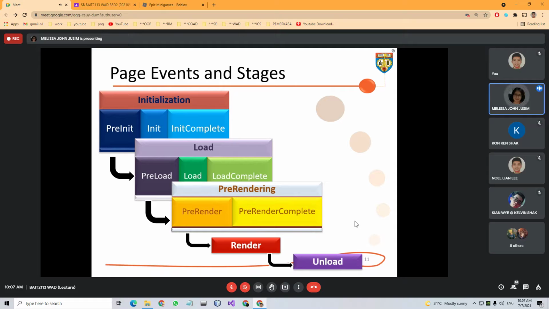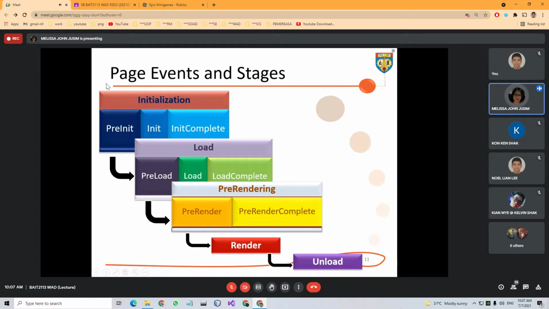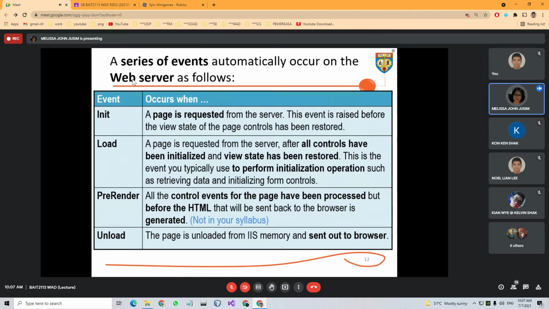Next. This is the series of events that automatically occur on the web server itself. During these page events, we also need to understand what happens in our web server. During the init event, the page is actually requested from the server. And then during the load event, after our web page has been requested from the server, all our server controls have been initialized.